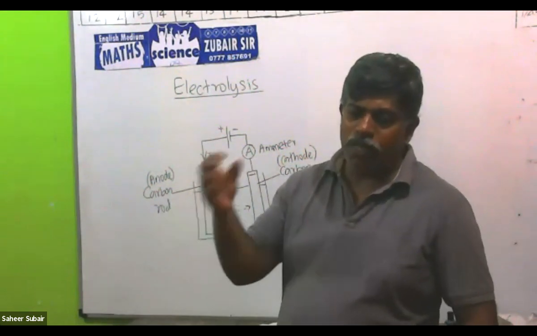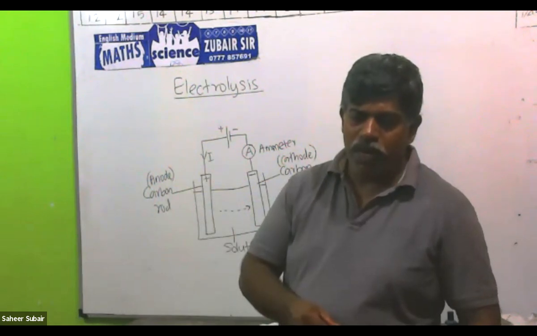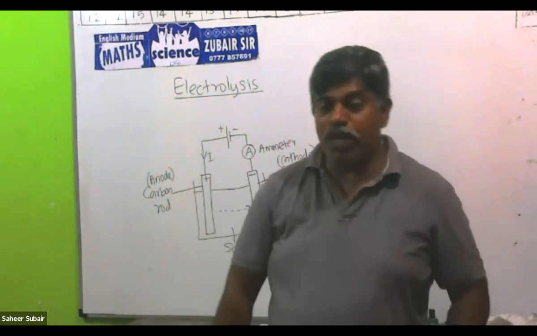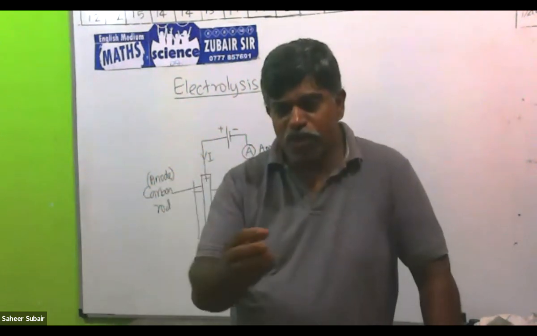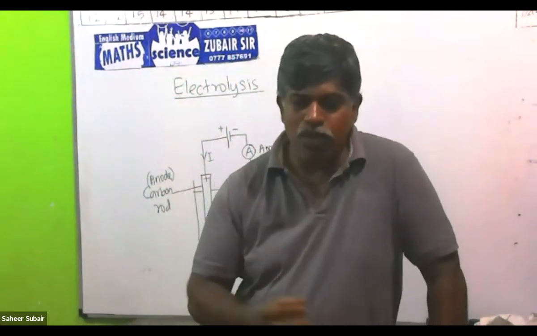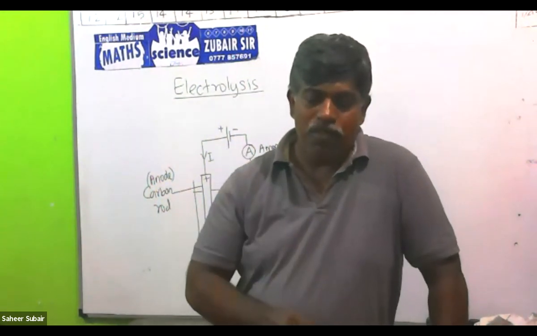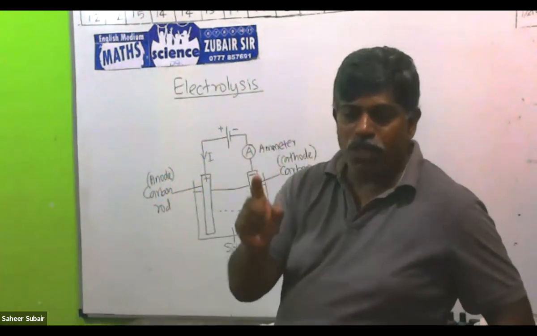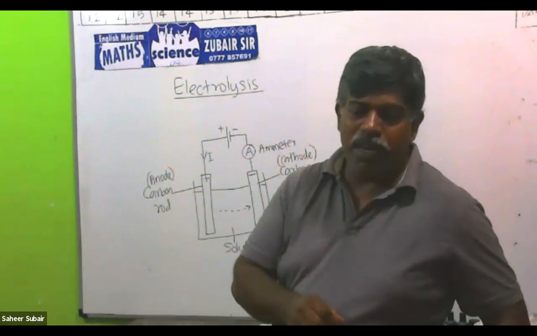Then take a little amount of copper sulfate. Copper sulfate is a blue color solid; you can dissolve it in water, prepare the copper sulfate solution and pour it into this. When you pour the copper sulfate solution, you can see a reading in the ammeter. That means copper sulfate also allows the current. Like this, we can take different solutions. Some solutions allow the current, some do not. If the solution allows the current, then the ammeter shows a reading. If the solution blocks the current, then the ammeter won't show a reading.